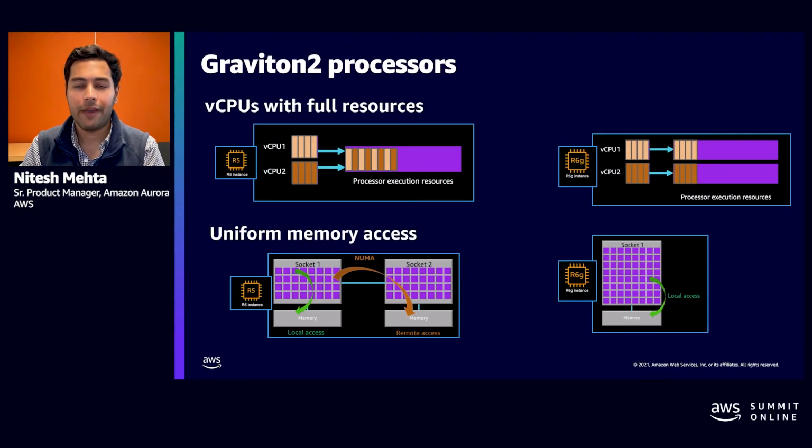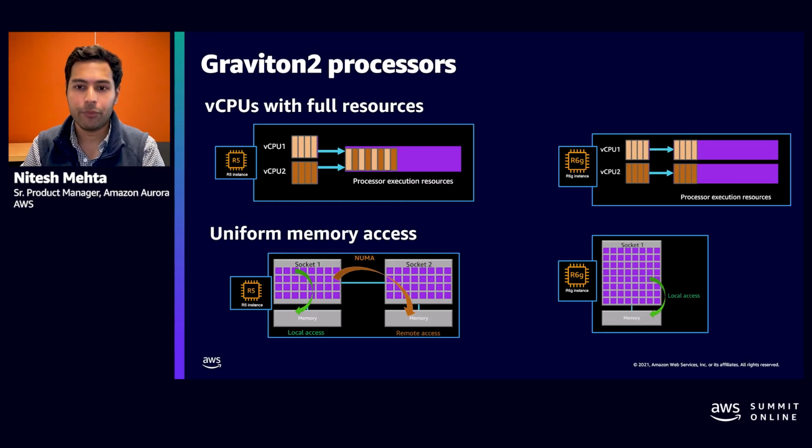So how are the Graviton2 processors built? Well, we decided to split out the vCPUs. So that means each single vCPU uses its own memory and has its own scheduler resources rather than using one combined processor queue, similar to how Intel or some of the other processors in the market do it. And what this means is for CPU-bound workloads, you get much better performance because now your workload is being split across those independent processor sockets. We also give you better uniform memory access because of how the chip is built, which again reduces the latency.